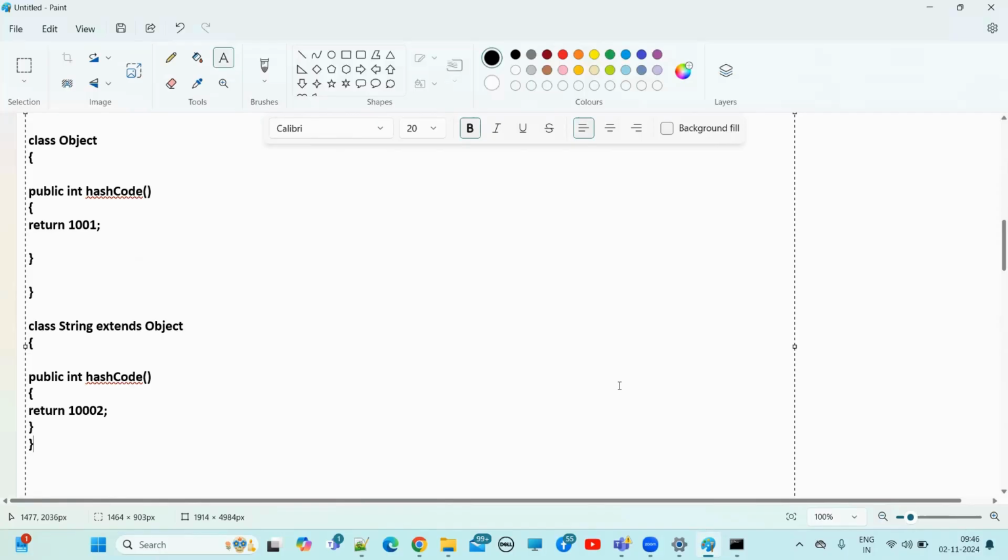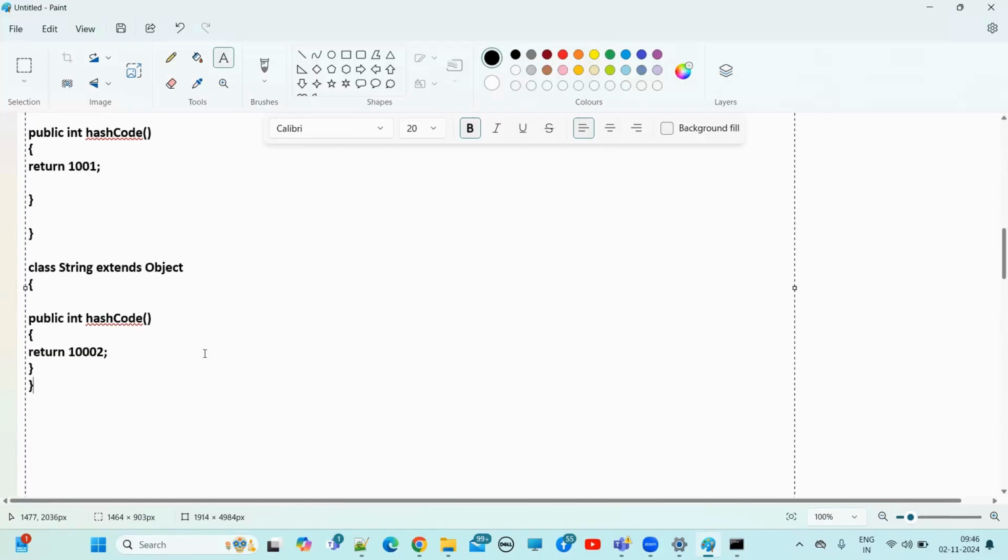Come on, guys, is it clear for these two classes? So now I'm creating one more class, Test. In the class Test, we have public static void main(String[] args). Fine. So here what I'm doing now? I'm creating